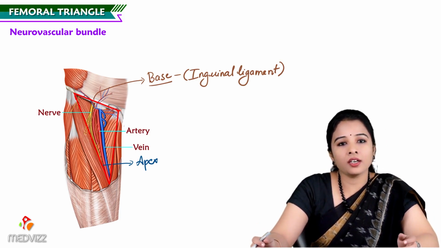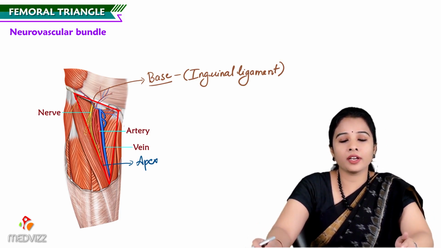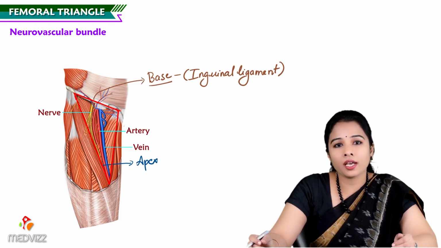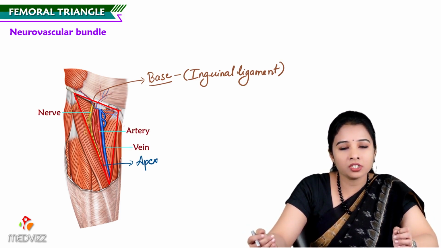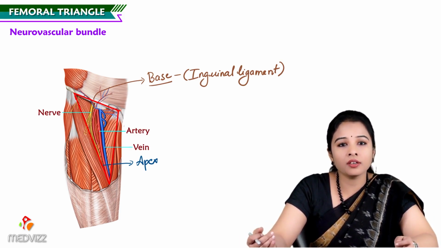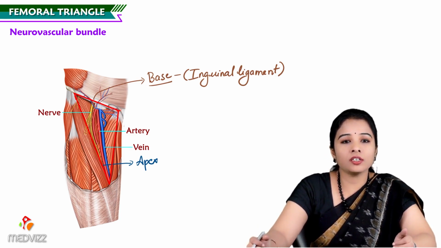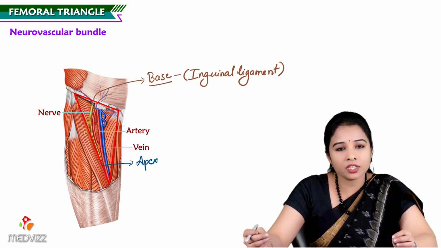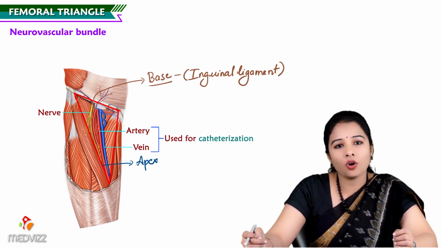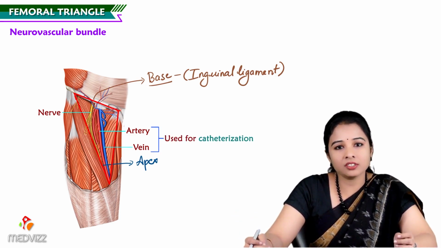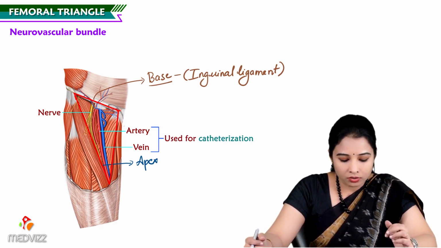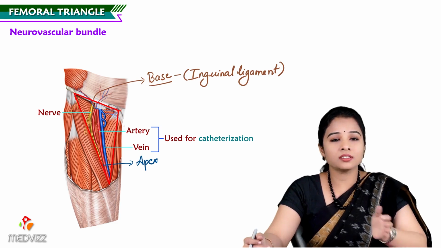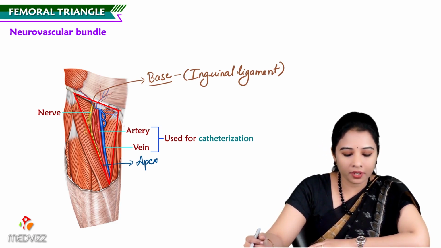The vein and artery are femoral vessels, femoral artery and vein, which are important access routes to reach the heart or to reach the brain for the interventional radiologist. So during any intervention to put a catheter, these two are often chosen blood vessels because they are quite large blood vessels. So that is the reason this triangle is clinically quite important.